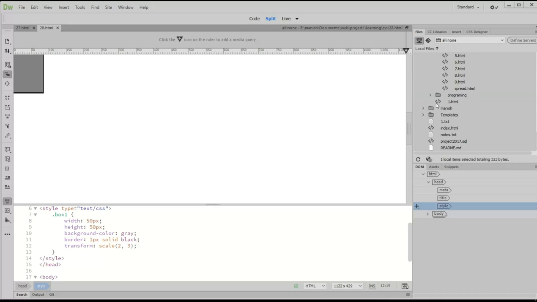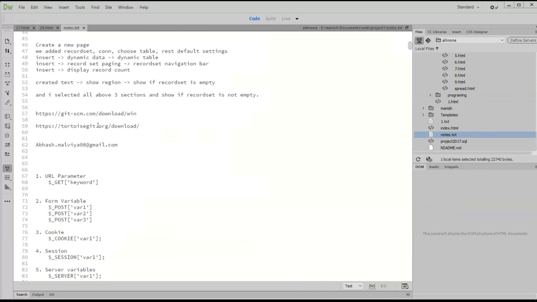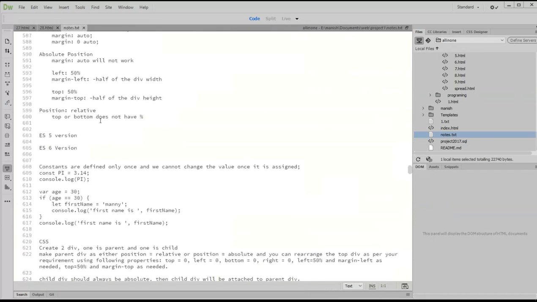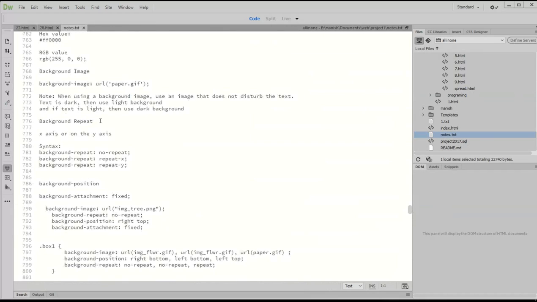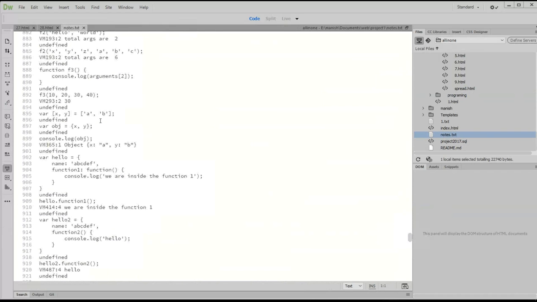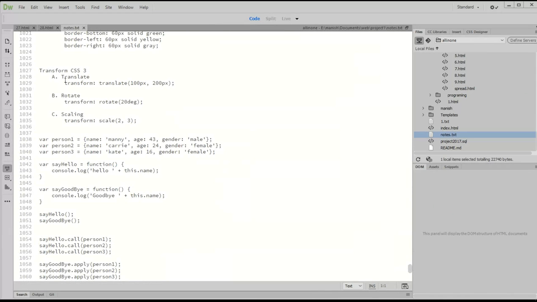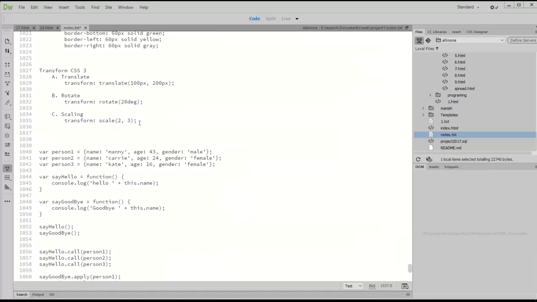So yesterday we saw three main properties of transform. What are those three important properties? One is translate, one is rotate, one is scale. We saw three properties. Today we'll see some more properties. Fourth one is skew,